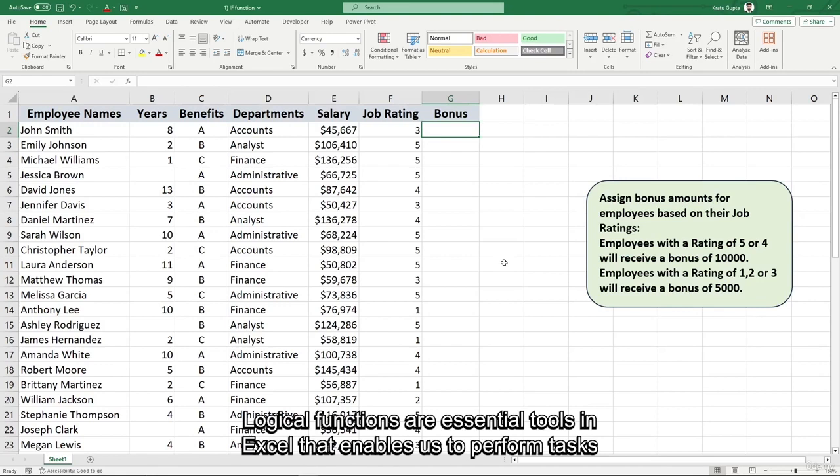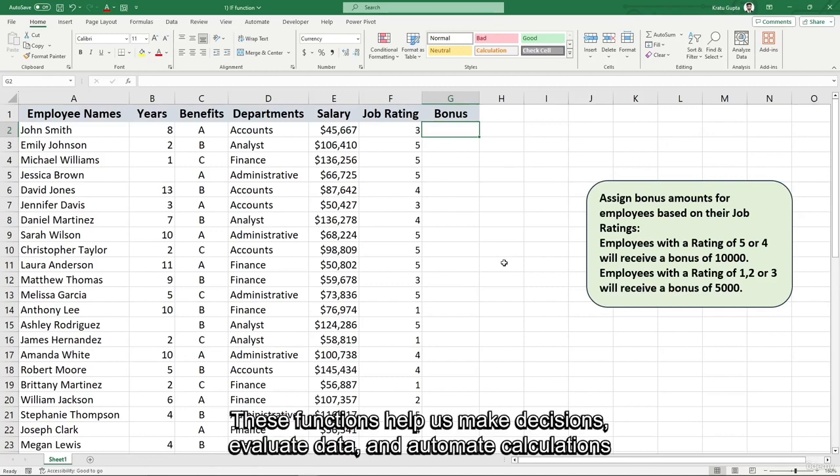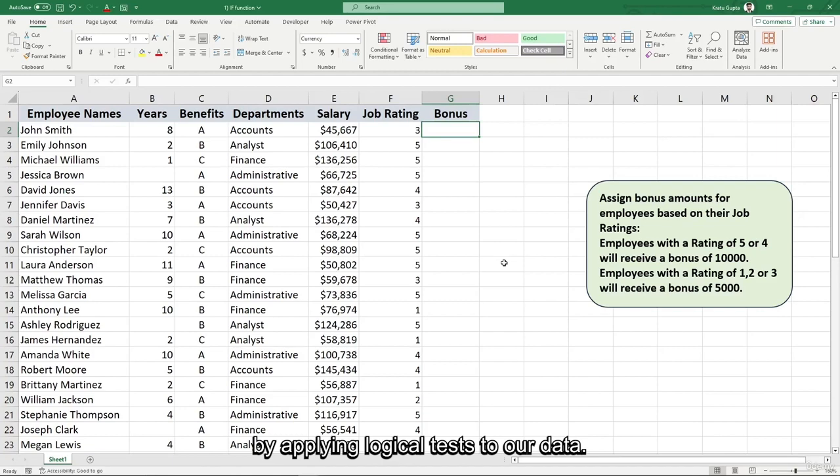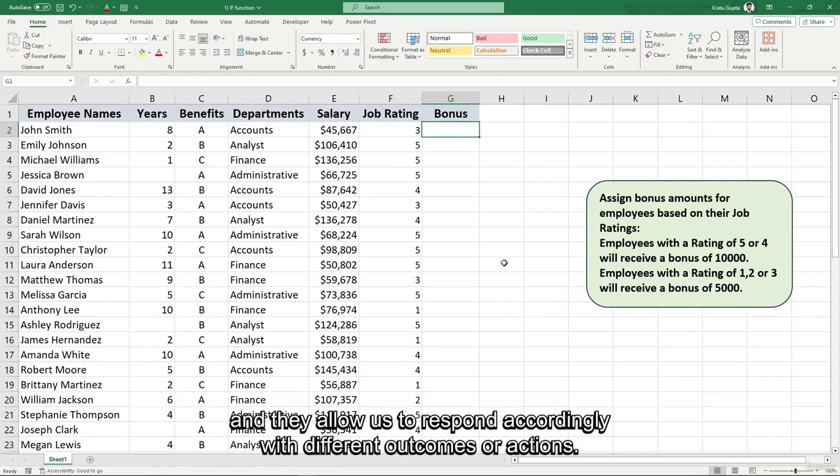Logical functions are essential tools in Excel that enable us to perform tasks based on logical conditions or criteria. These functions help us make decisions, evaluate data, and automate calculations by applying logical tests to our data. Logical functions evaluate whether a specific condition is true or false, and they allow us to respond accordingly with different